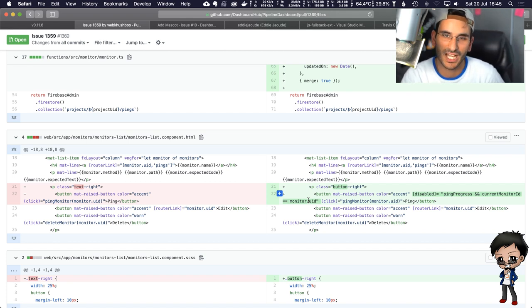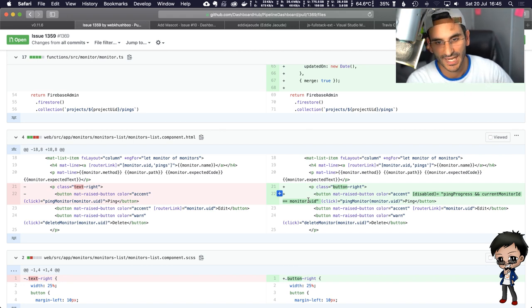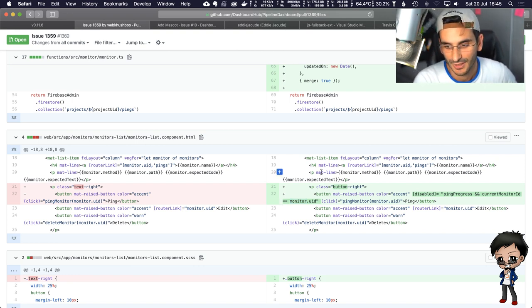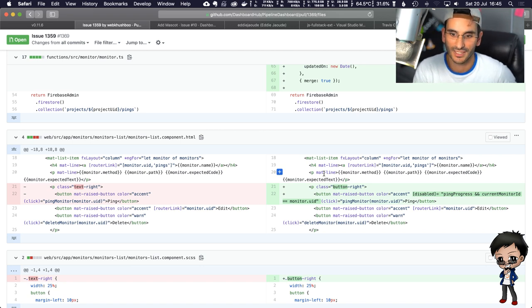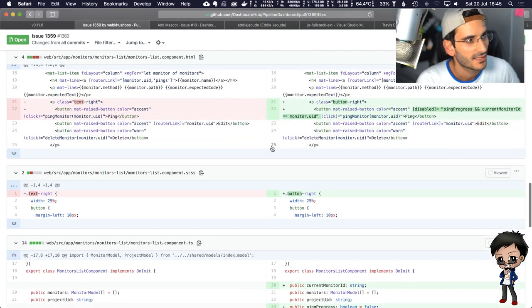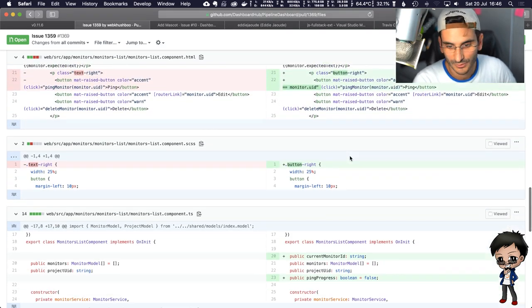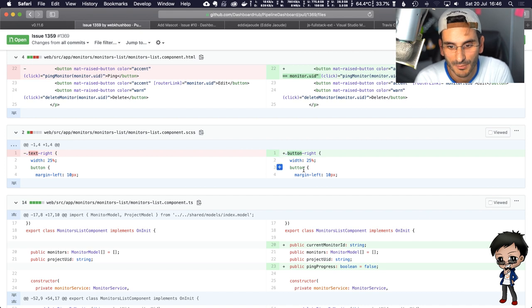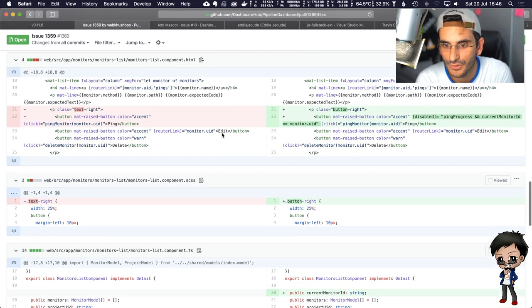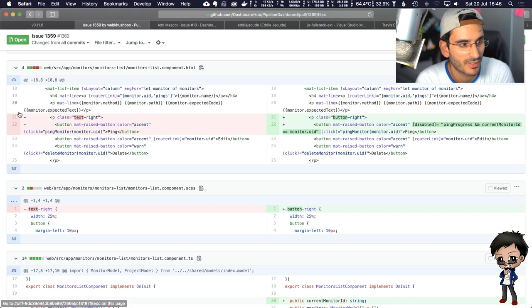Reviewing changes in GitHub is great, but then thinking about code, I think it's harder. I prefer it in VS Code, where I can click on a variable and it highlights it through the code and makes it a lot easier. So yeah, I think GitHub is easier just to see the differences. So let's have a look. Button right, width 25%. So you just change that from text to button. Okay, component list. Was that the only place it was used? Again, it's hard to see, that probably is.